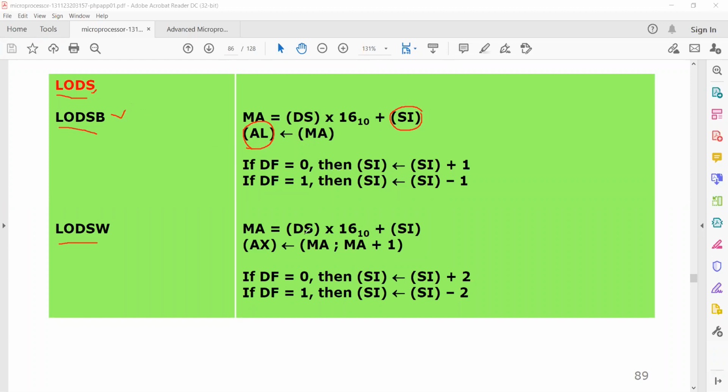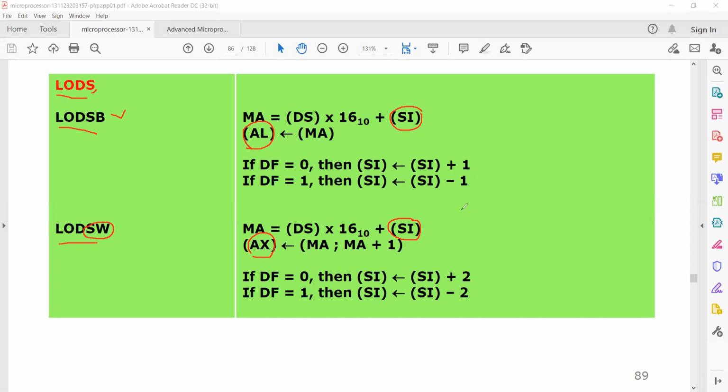Similarly, we can use load string word. Here we use the AX register. That means we will have a string at the source address, which is present in the source index register. That string will be copied or moved to the AX register.